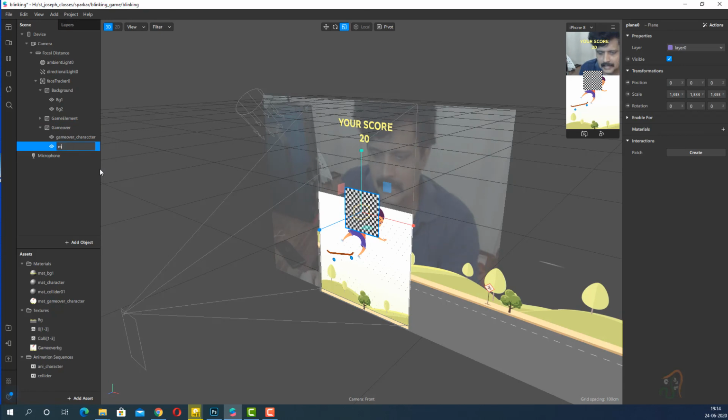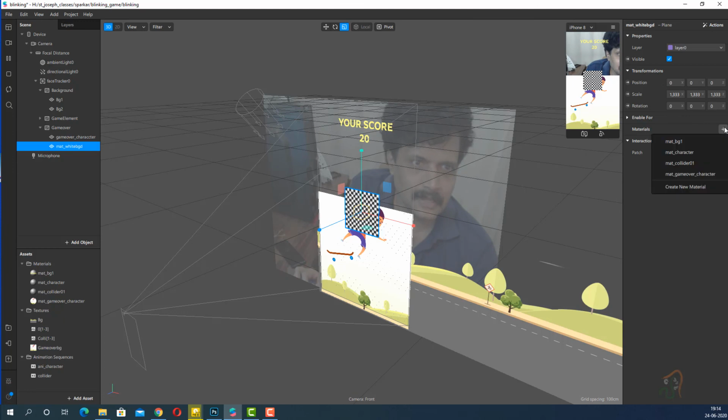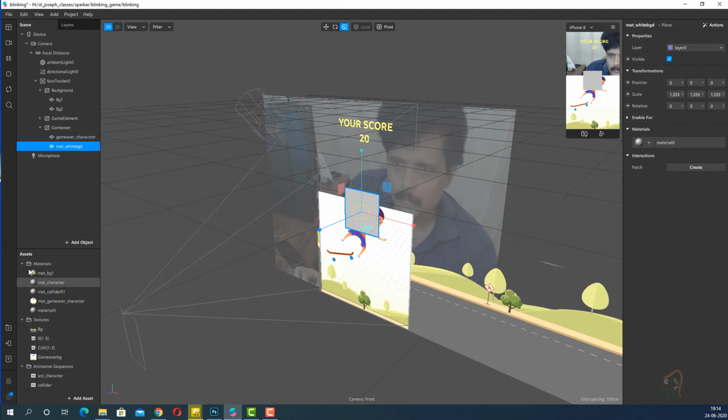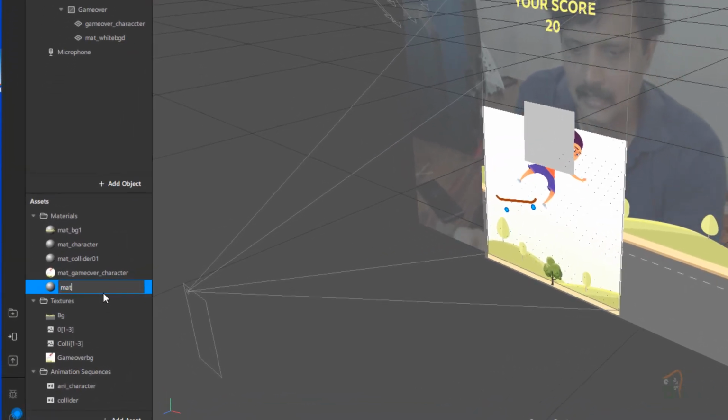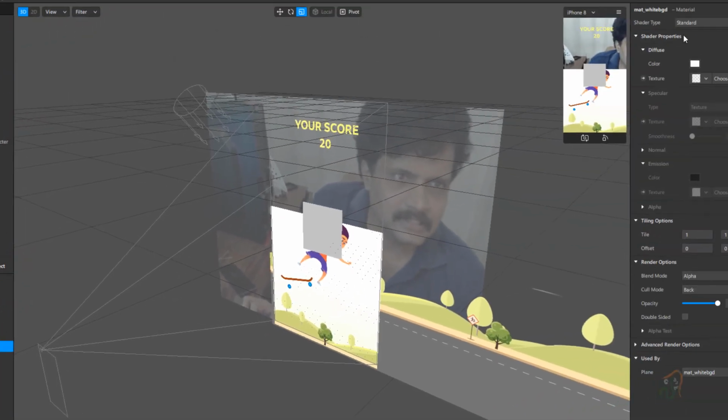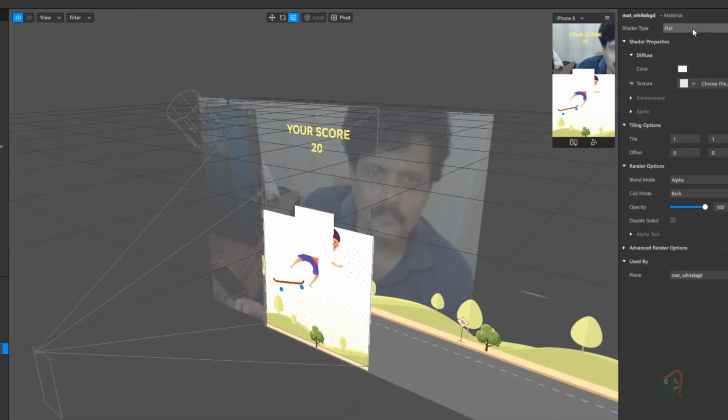Name this plane as mat underscore white BGD, and now you just select this and in material add a new material. So I will create a new material, double click here and name the material as mat underscore white BGD, and then set the material type to flat.